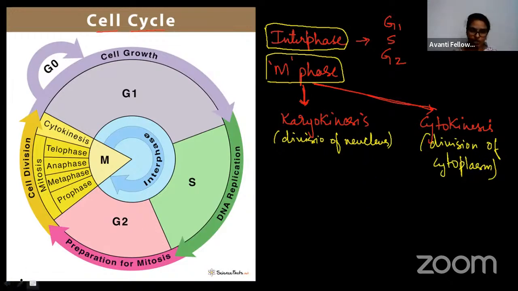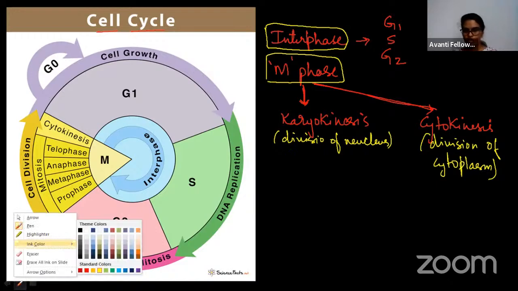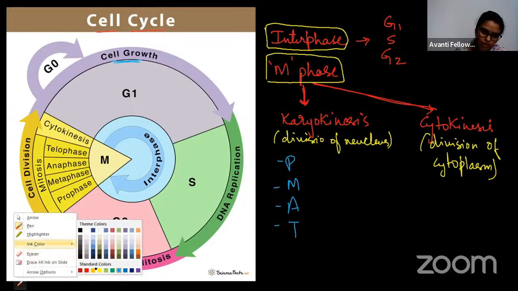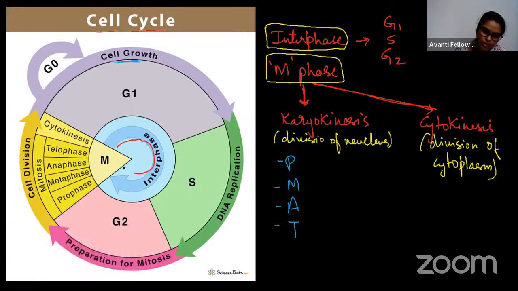So which are the stages in karyokinesis? Again, there are stages. ठीक है, प्रोफेज, मेटाफेज, एनाफेज, टेलोफेज. ठीक है, ये पांच हो गए. सॉरी, ये चार हो गए. So now we can see here. ठीक है, तो यहाँ पे you can see here cells growth is going to start from the interphase. So ठीक है, ये जो part है बीच में, the blue color one is interphase. Okay, this is interphase and this is M phase. This much is M phase. In the interphase, there is G1, S and G2.